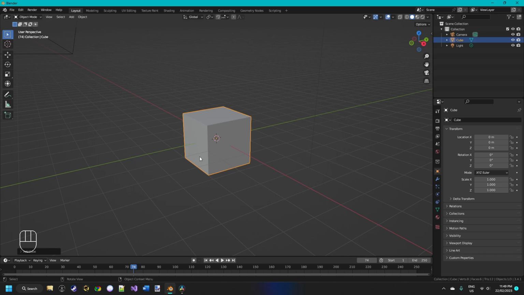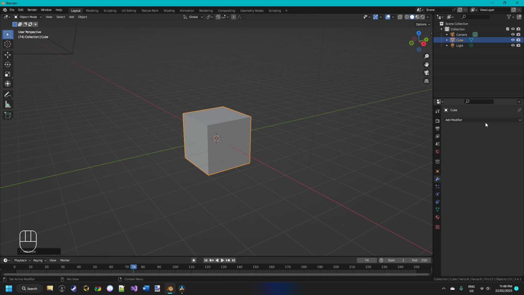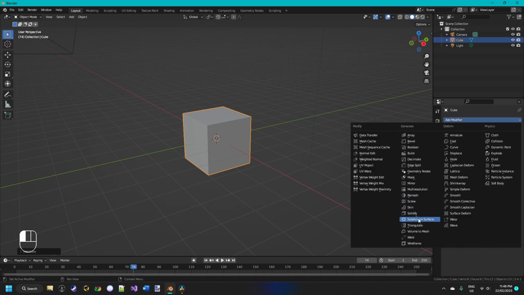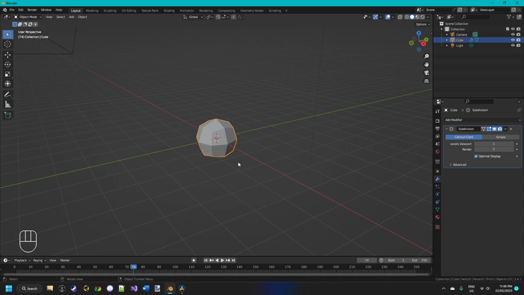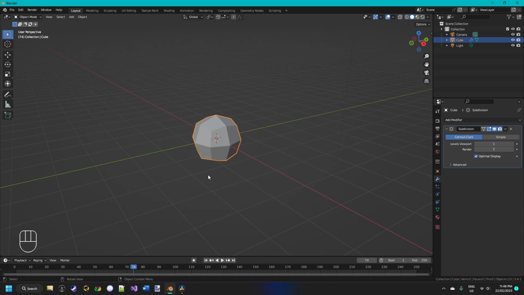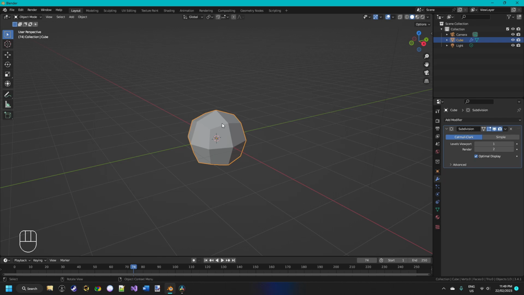So we want to start off with this cube. What we want to do from here is go to this modifier properties tab and click on add modifier. And we want to select subdivision surface. The best thing about the way that I'm going to teach you how to model this character is